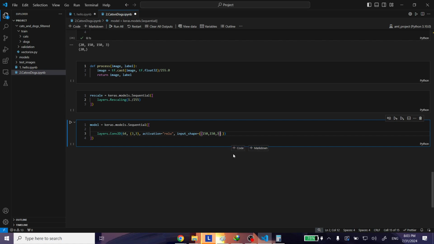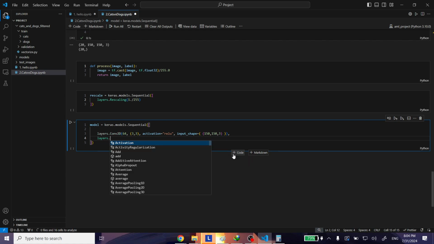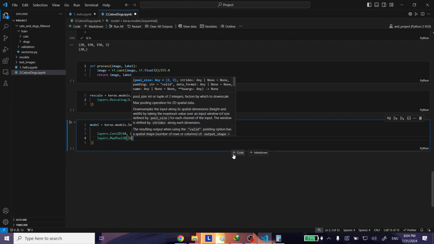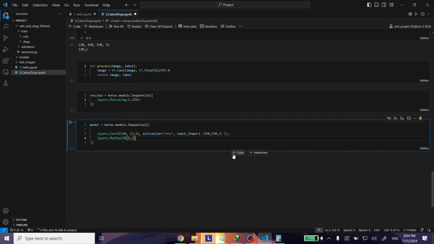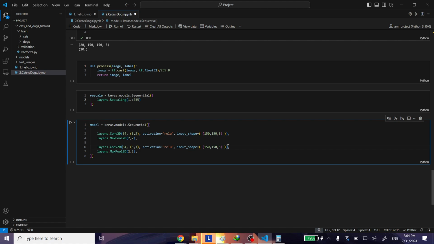So remember that this inner bracket is for the shape. And then I'll say that my layers.MaxPooling will be of 2 by 2, and then I can just copy this, paste this, remove the input shape because we don't need that anymore. And again, let's do this like 16, 32, and then 64. So slowly adding it up,